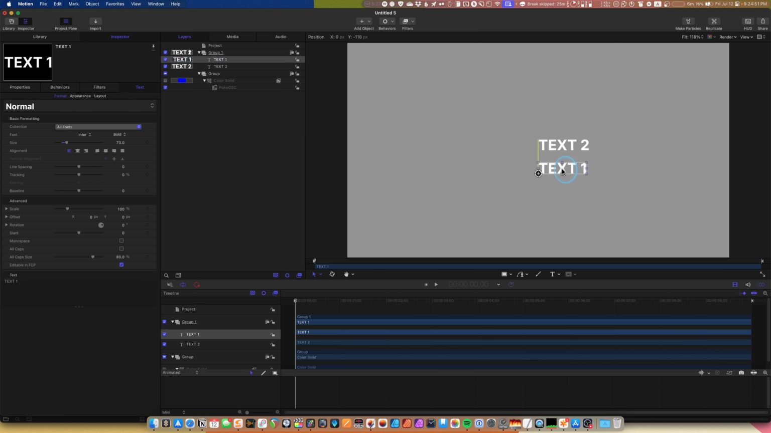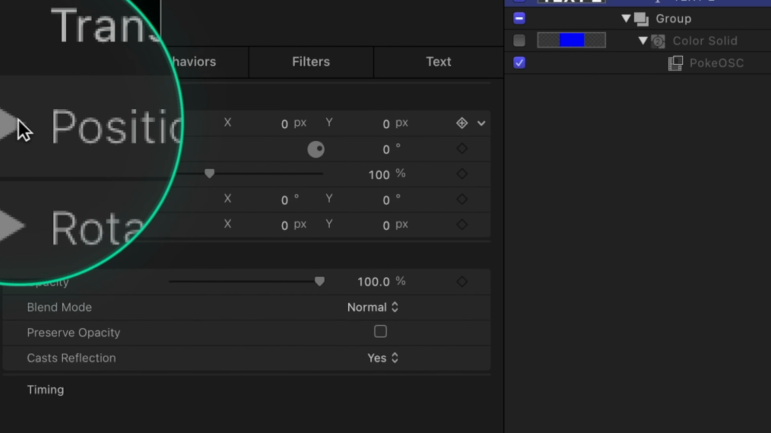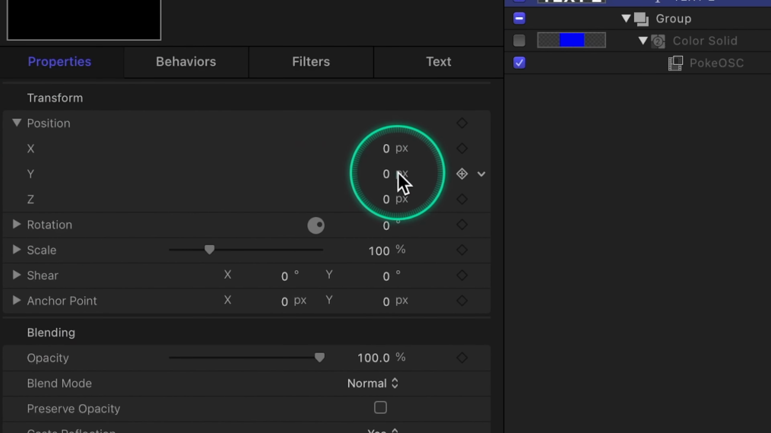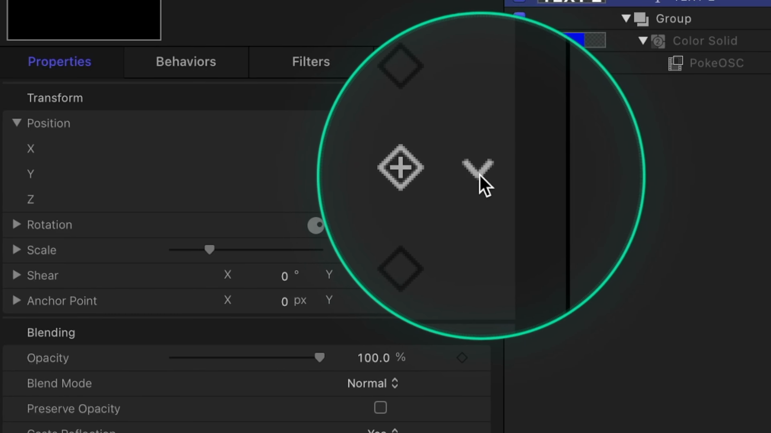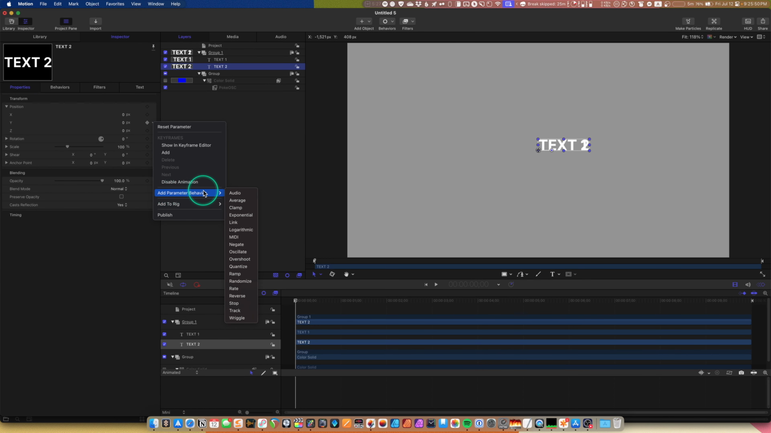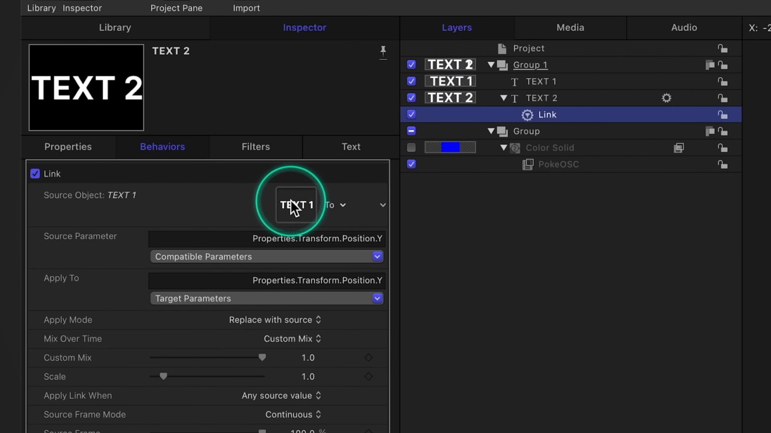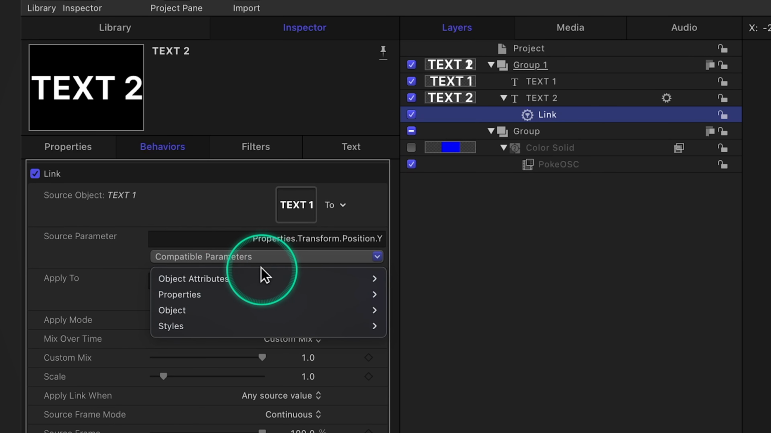Obviously, we don't want to just move it like that because then we can't really control it later on with an on-screen control. So go to text 2, come here to properties. Let's open the little triangle. For the y-axis, let's go to the little button here. Click that and go to add parameter behavior. We'll go down here and choose link. And so now let's drag text 1 over here. And then in source parameter, we'll click compatible parameters here and then go to object attribute, go to edge, and